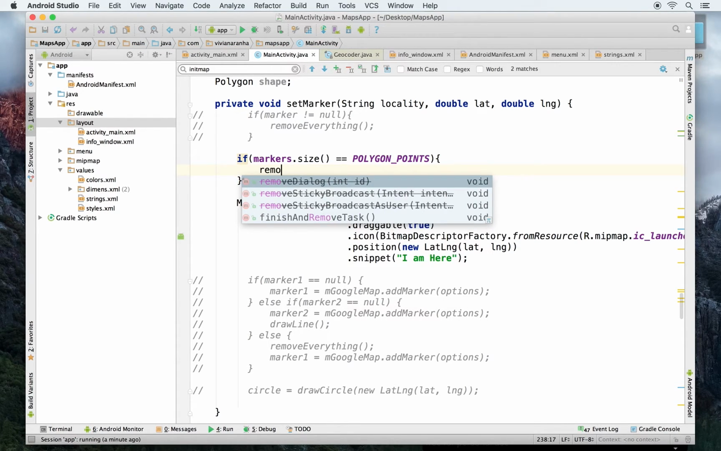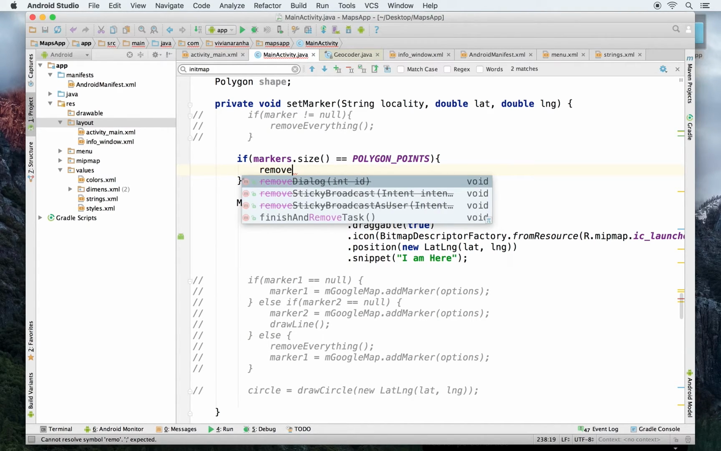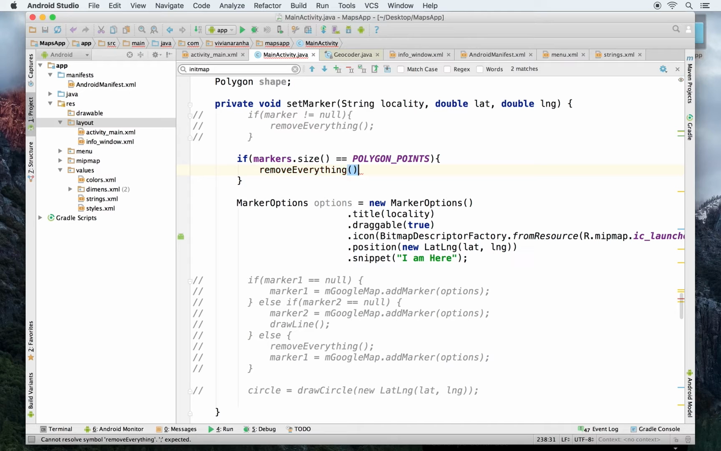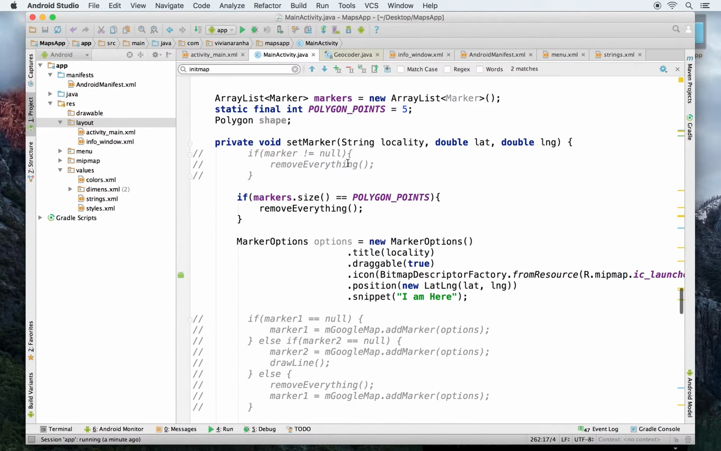So I will say, I think I removed the removeEverything function, which will remove all the points and also the polygon. So that's what this function needs to do, and that's what I'm going to create. Next thing, I will have the marker already. Now I'm going to say